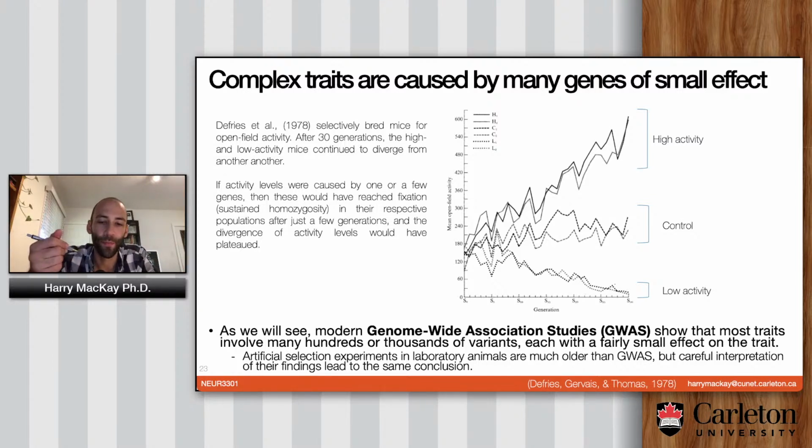And you would also breed a third set of mice without doing any type of selection. You would just breed them on a completely random basis. And what they found is that over the generations, they did like 30 different generations of this. It would have taken years to do.